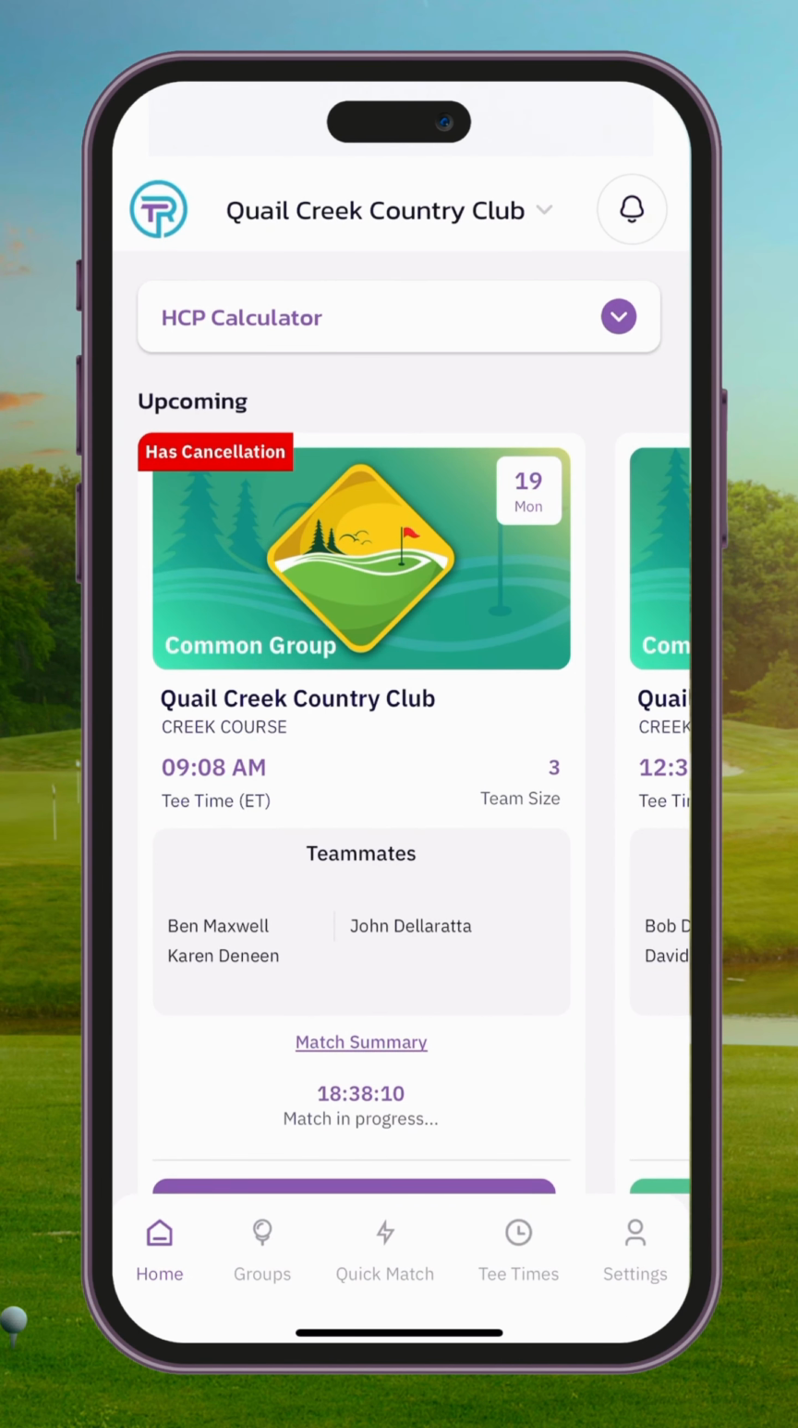In this video, I'm going to show you how to use the Quick Match functionality inside of TeeRival. Quick Match is ideal for when you or a group of less than 3 total tee times are going to play together. You want to play a game either within just the tee time group, say there's 4 of you,